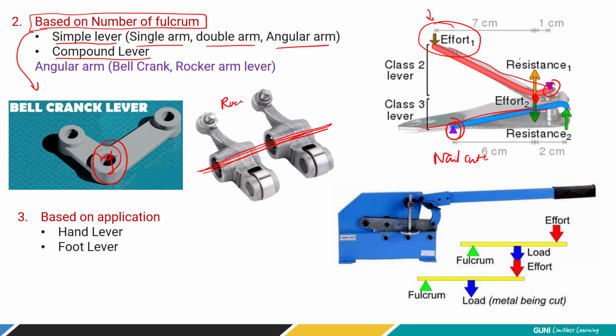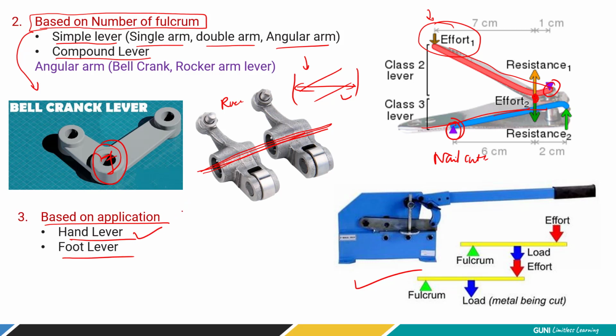Now why is it required? When you have very limited space and still require a tremendous force, then you have to multiply the effect by putting two levers together in such a way that in a minimum space you can apply the effort and carry out your work, right? Now also take the example of this.